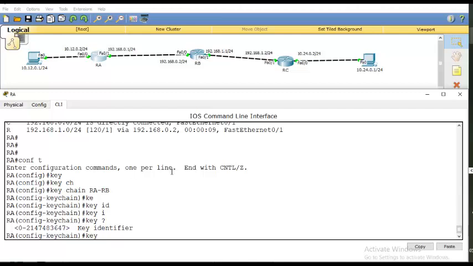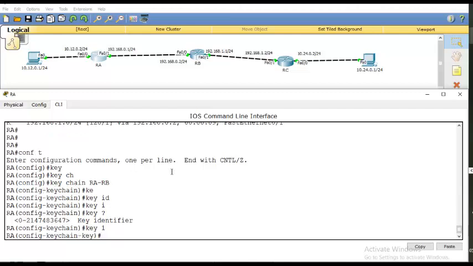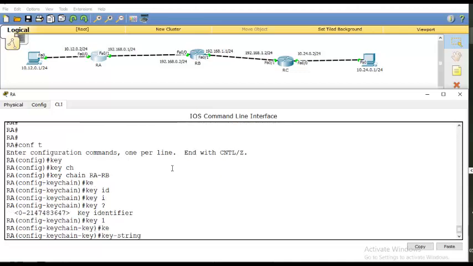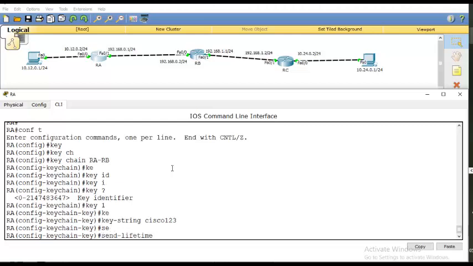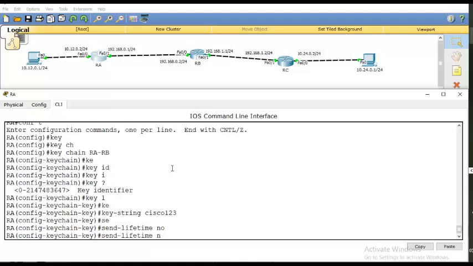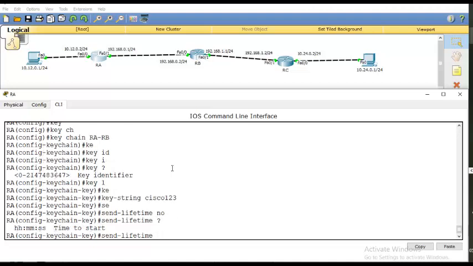The first key, I want to have the key as Cisco. No, key-string is the keyword. Cisco123. And I can say the period when I want to use this as a key. Send lifetime, from when to when. From now, do I have now? Option. Okay, I need to say the start time. Let's say